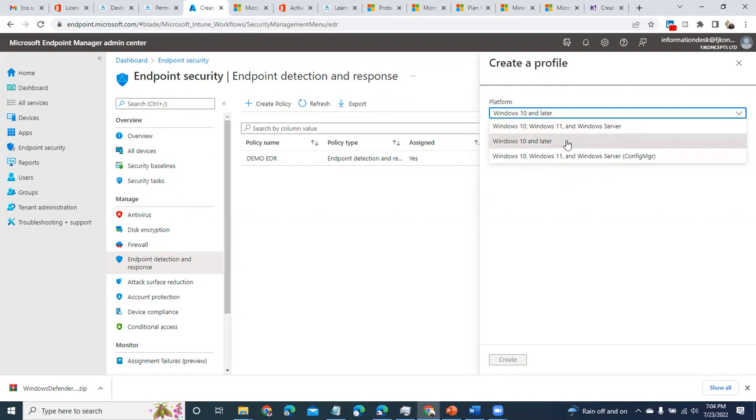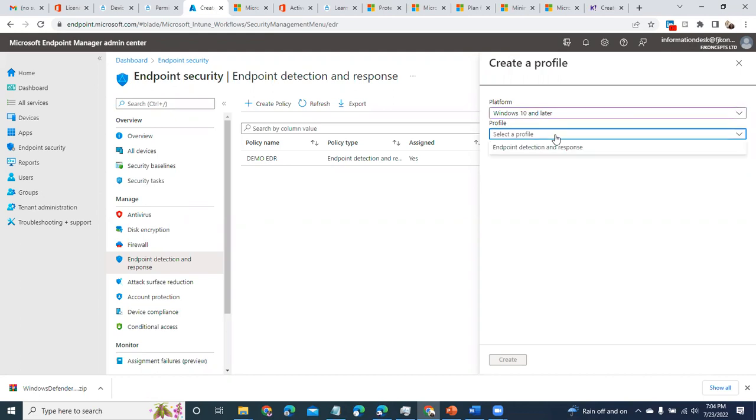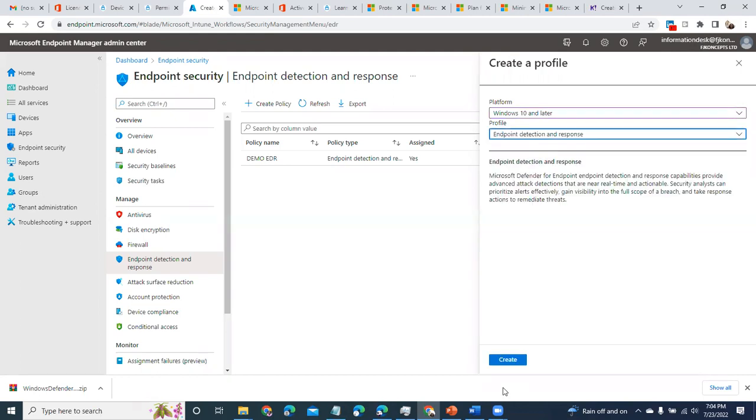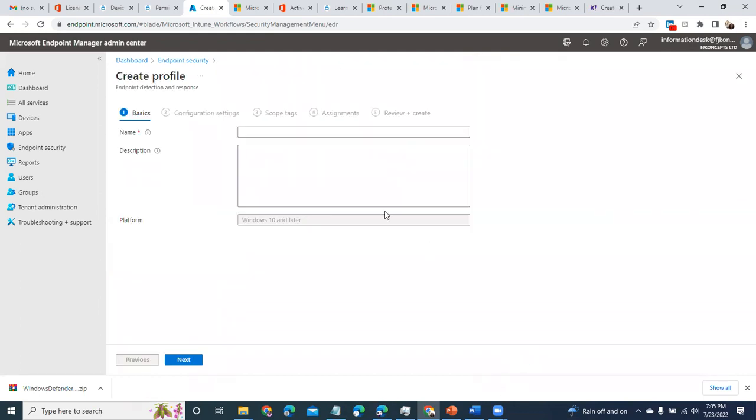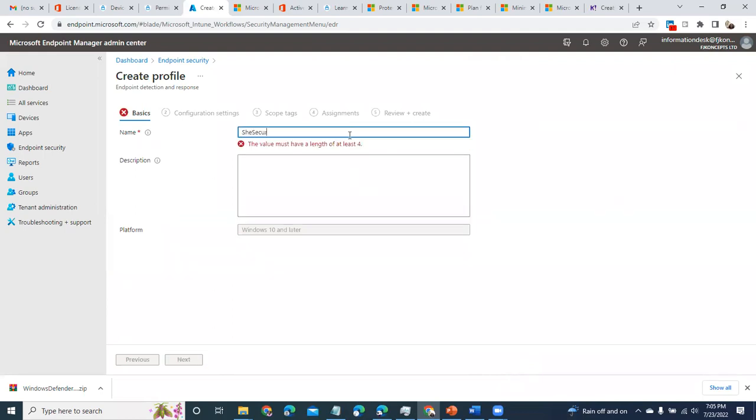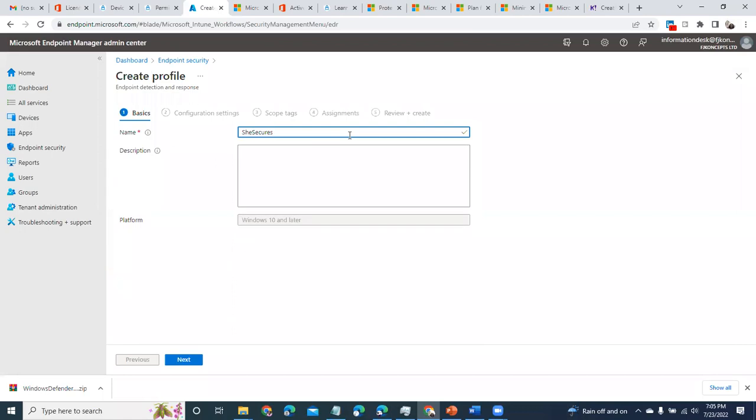So for instance, I want to do it for Windows 10, so I'll come here and say endpoint detection, and then I create, and then I call it. I would advise you, if a policy was created on a particular date, you can still put that here, or that it was created with a change request.